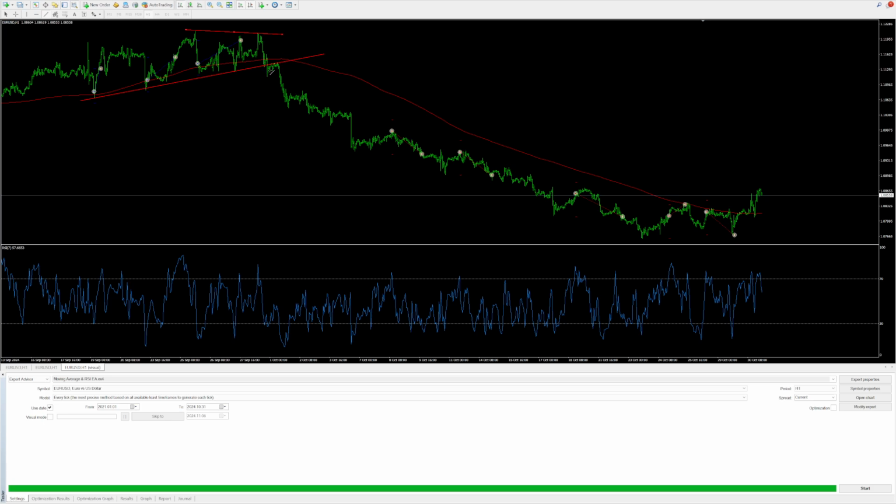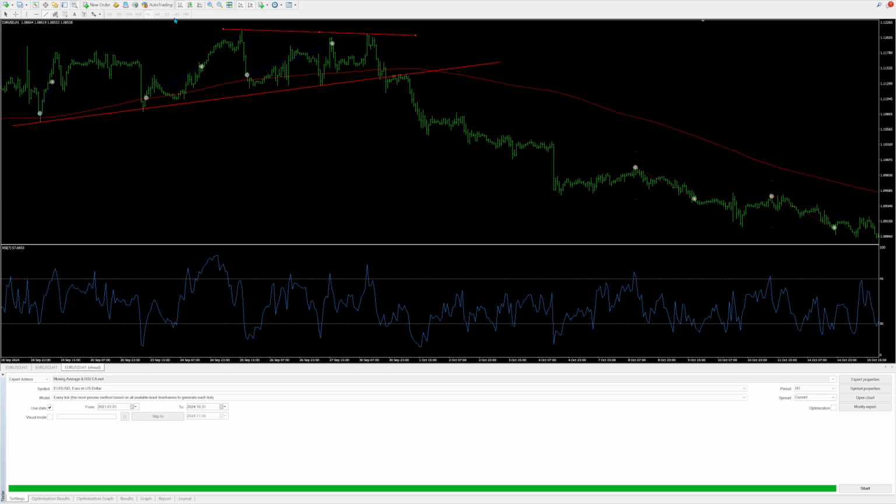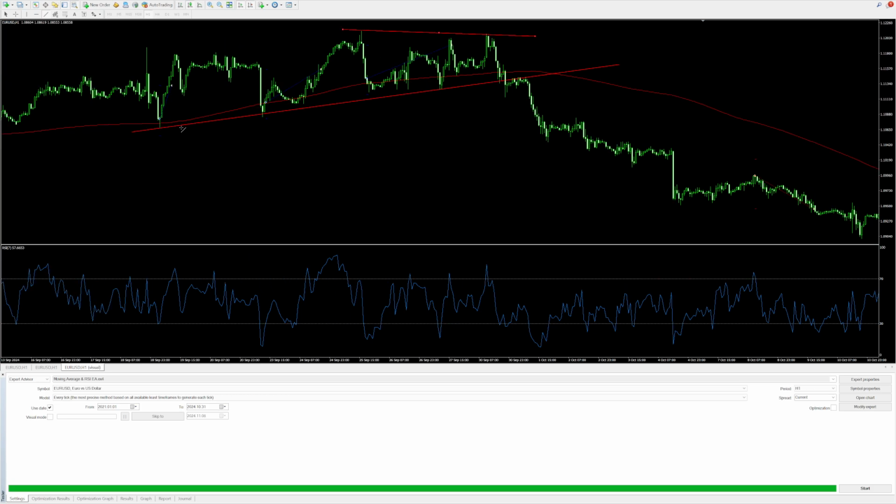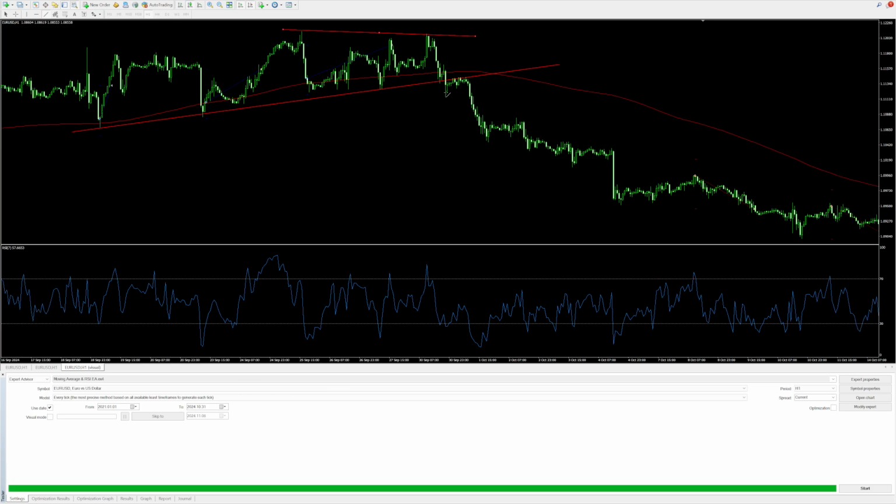Then I can see a nice pullback. In fact, that pullback is when this support, which is strong support, then becomes resistance, and we could have traded that breakout there. Nice consolidation, a wedge pattern here as well. And you can see from that big candle there is a big breakout that traders were waiting to pounce on,